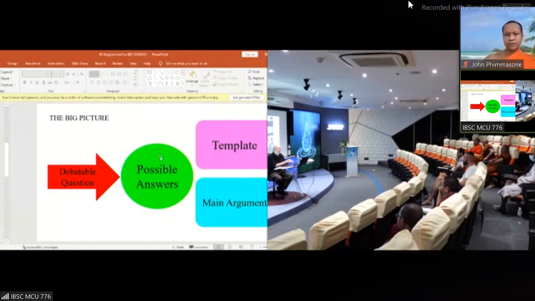Once you get the template done, it's almost a piece of cake, almost easy to get the main argument. First, you copy and paste the thesis into the therefore blank. Next, you think upwards from the thesis, chopping it into parts, positioning them after numbers, and making them into well-formed sentences.